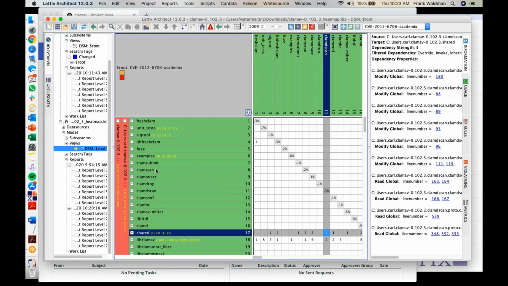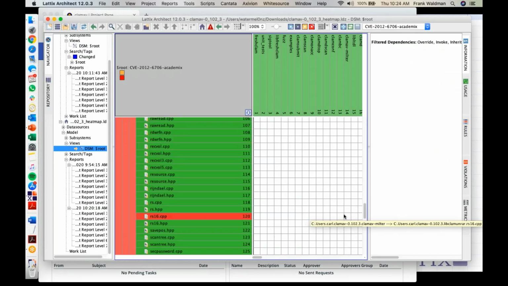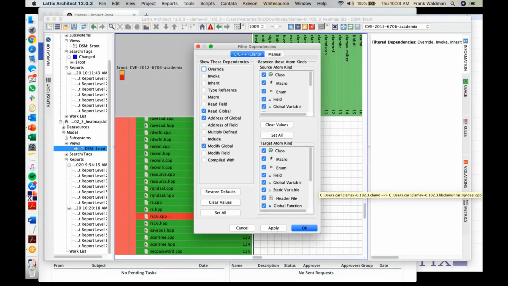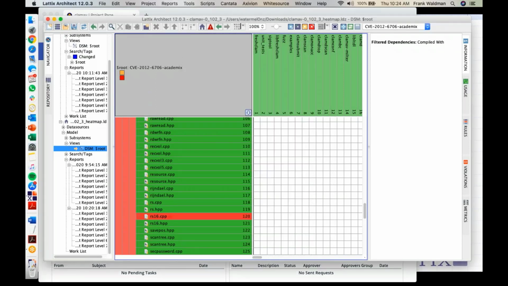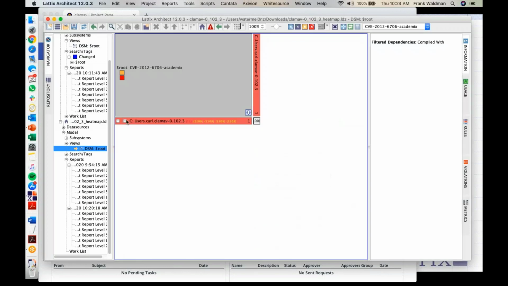So filtered on global data, we focus on the data which crosses the module boundaries, and that's all of those represented in this DSM here. And if I just undo that and put back all of the other dependencies in the DSM, and go back to the top level, I can just restore the defaults here, and then I'm back to my view that I had at the beginning with all the dependencies, and scrolling back up to the top of the DSM there. Let's just come back to the top level view